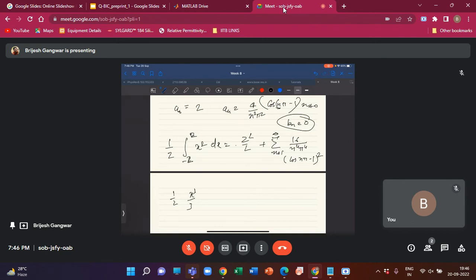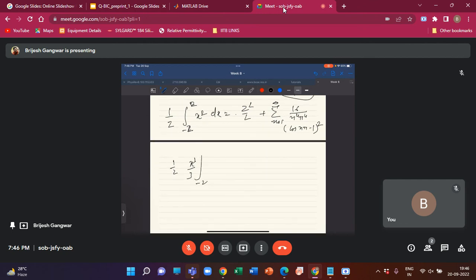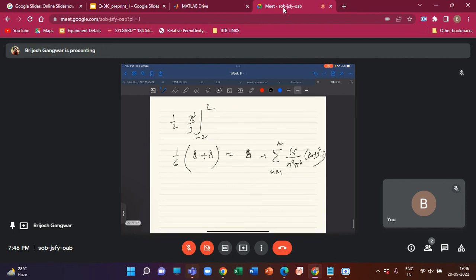so this is something, sorry, 1 by 3, minus 2 to 2, so 1 by 6, and it will go to 8 minus, minus 2 to minus 8 plus 8, so it will go to 16, and here it is 4 to the power 4, sorry, 2 plus summation n from 1 to infinite, and it will be 16 by n to the power 4 pi to the power 4, and cos n pi is minus 1 to the power n minus 1. Okay, so if you subtract this, see,